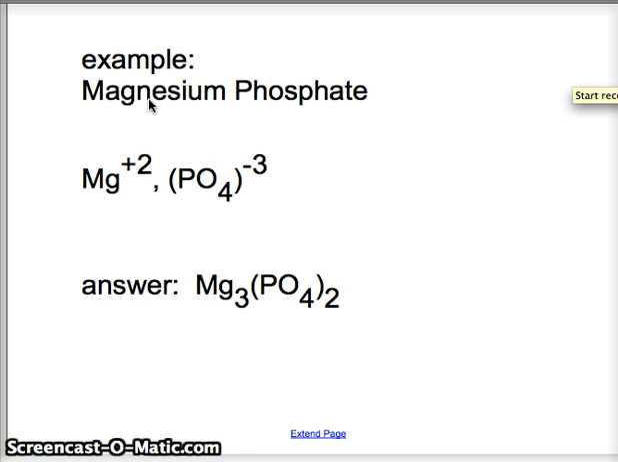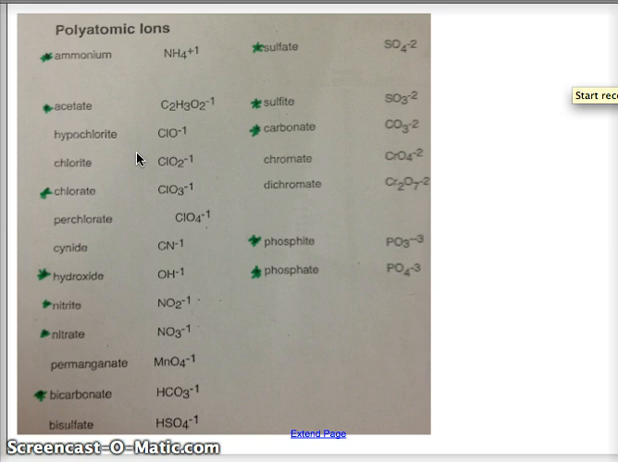So let's say I give you magnesium phosphate. Magnesium is just magnesium, so that's Mg with a +2 charge because it's in group 2, has 2 valence electrons, which it will lose very easily, and when it loses them, it now has 2 more positives than it does negatives, hence the +2. Phosphate, which was on the page right here, is a PO4 with a -3